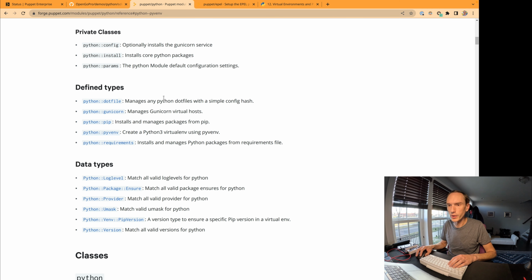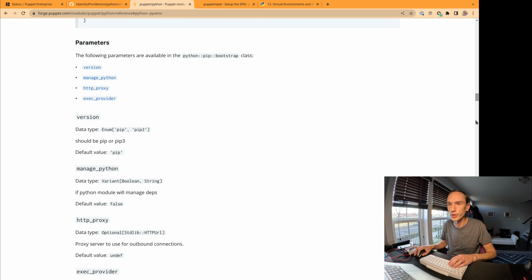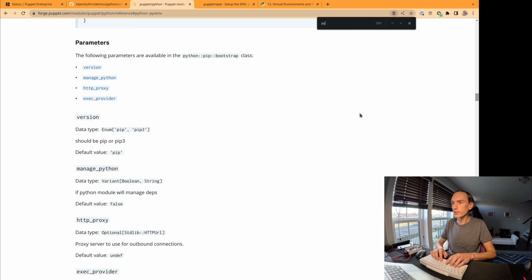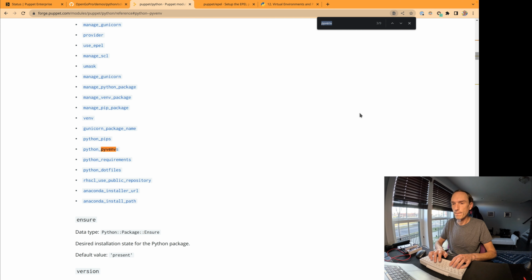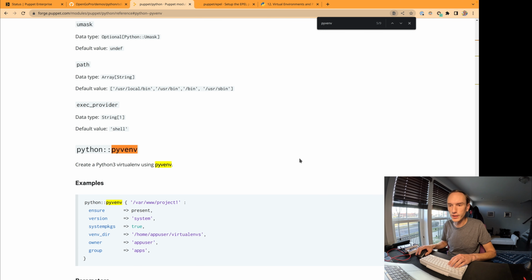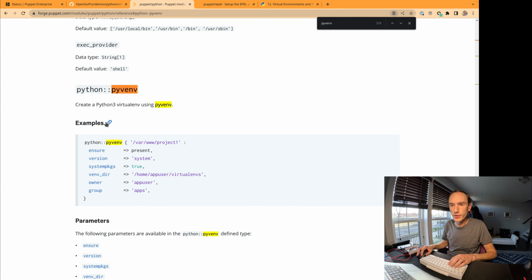From this Python module. Namely, I think I want to define my Python virtual environment and my pip package inside that virtual environment. So I'm going to scroll down to the pyvenv section, and you see under this reference section, we even have an example of how to use it.